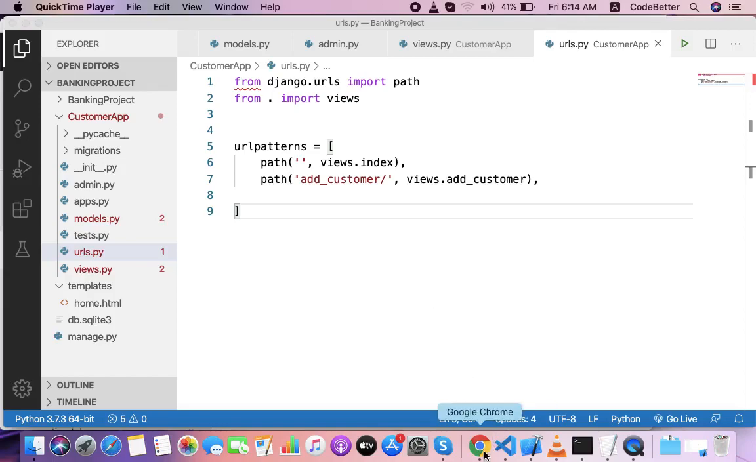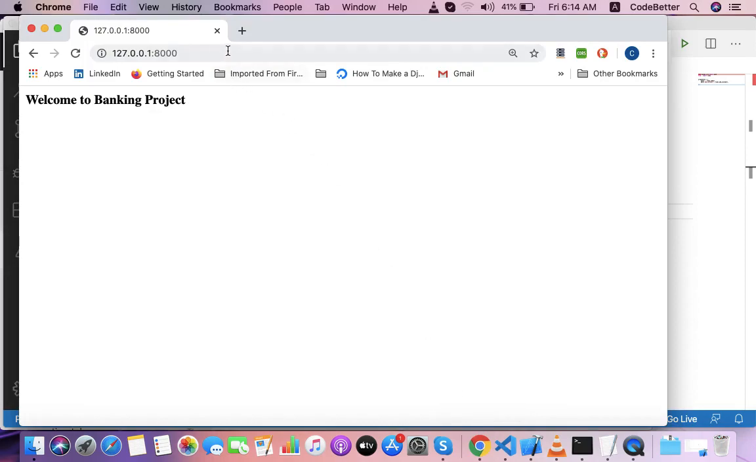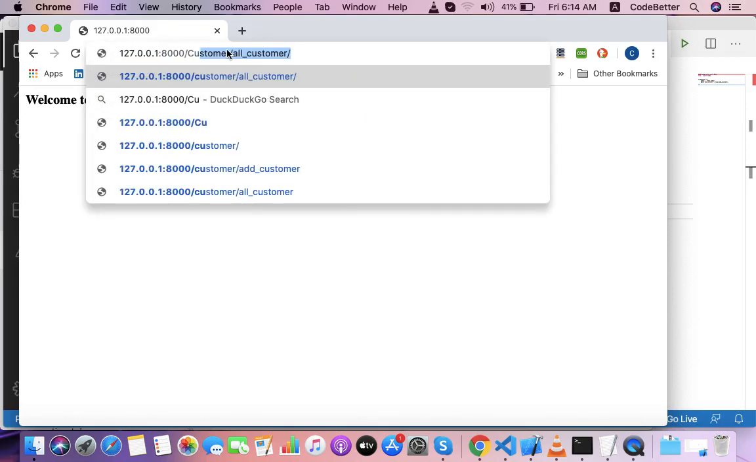So today we will see how we can display the contents of a Django database on a browser using a URL. We have one project, a banking project, and this banking project has one application, the customer app, and in the customer app